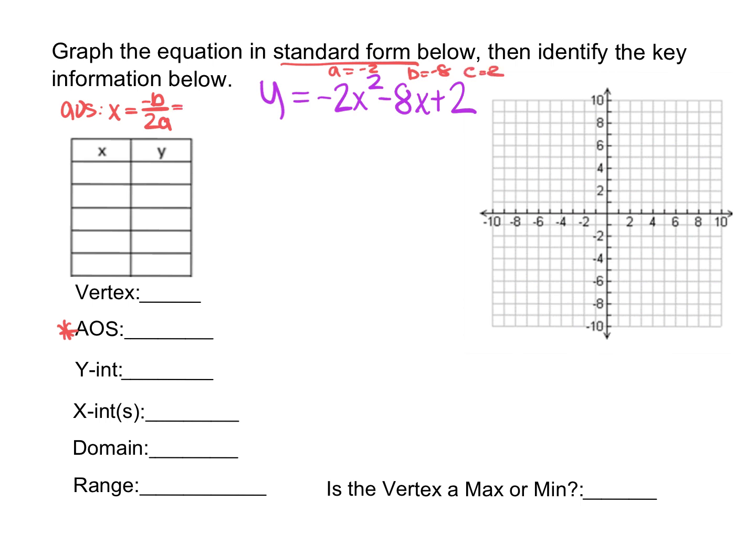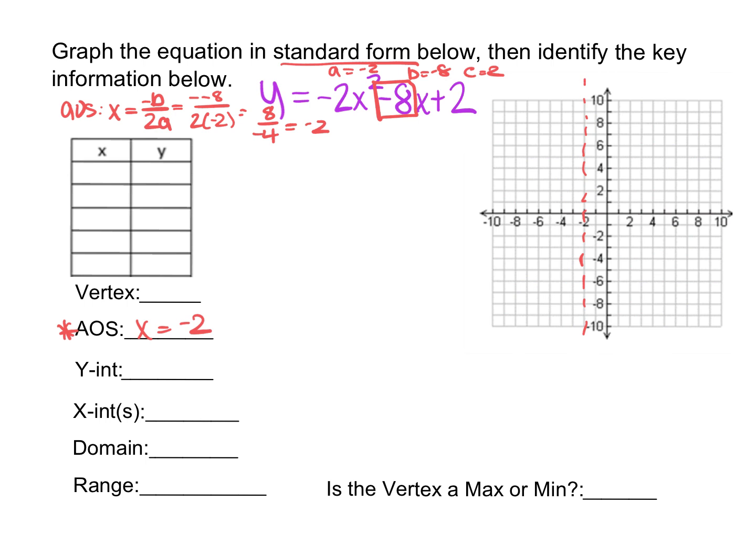And so we're going to start off by taking negative of negative 8, which is a little confusing. So it's really negative negative 8 over 2 times negative 2. Well, the opposite of negative 8 is positive 8, over, this is negative 4. And so we find that our axis of symmetry is that x is equal to negative 2. And we know that this is the middle